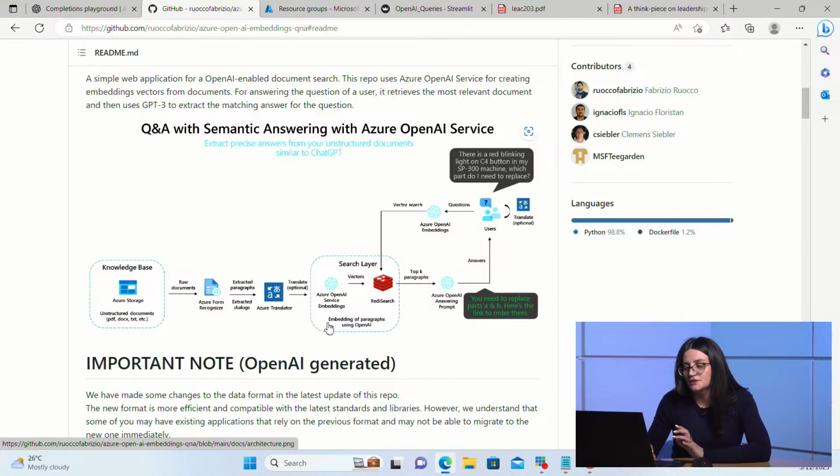After that, we need to convert our text into word embeddings using the Azure OpenAI service. And finally, we need to provide some place to store our embeddings, and in this case that can be Redis,